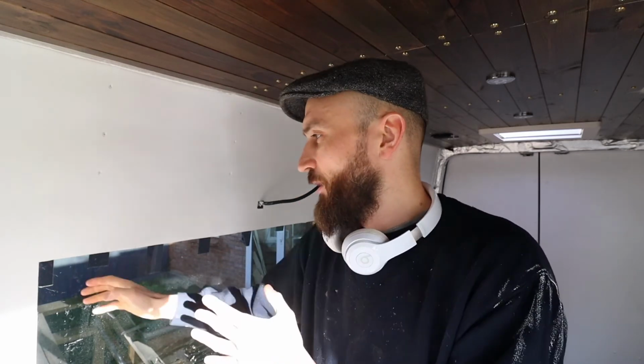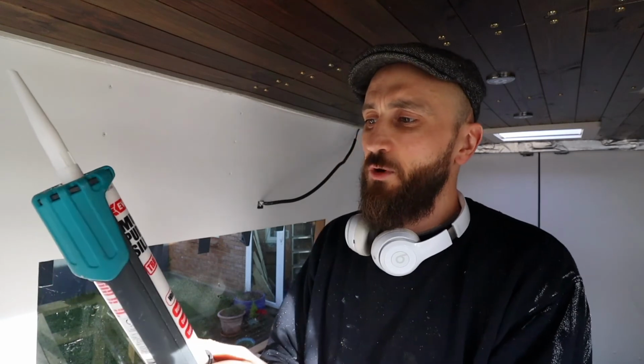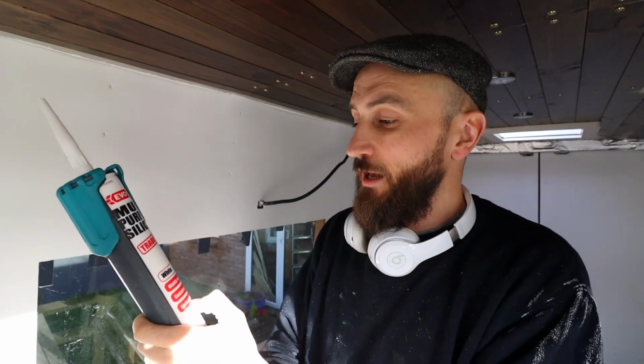Now I'm on to the final stage of finishing the window frame. I had to wait until I installed the countertop so that I could measure and cut the strips of ply that I've just showed you how to cut and measure. I decided to get this EvoStick multi-purpose white silicone. It's water resistant, it's antifungal, and I'll just fill in the screw holes,